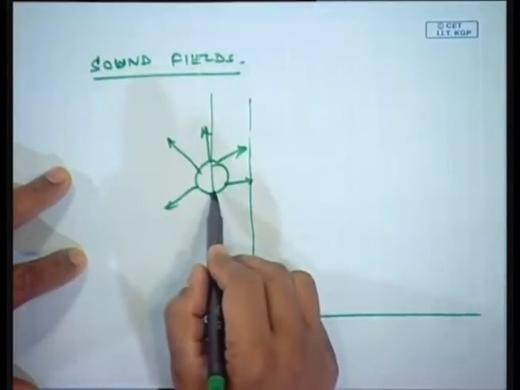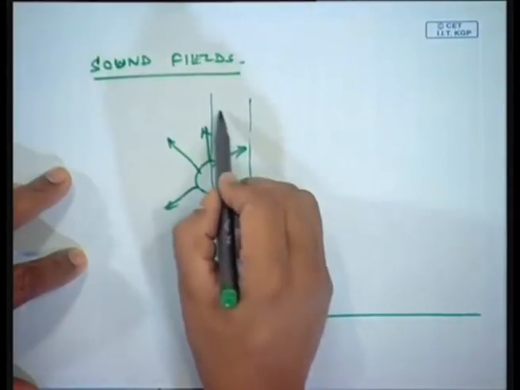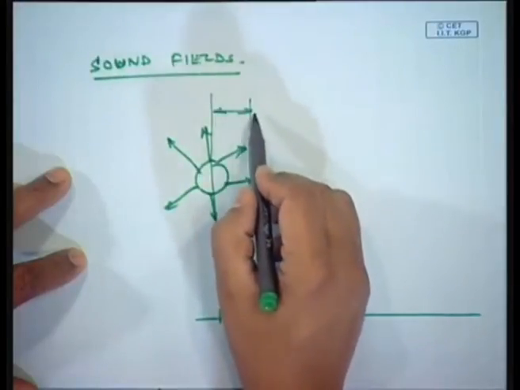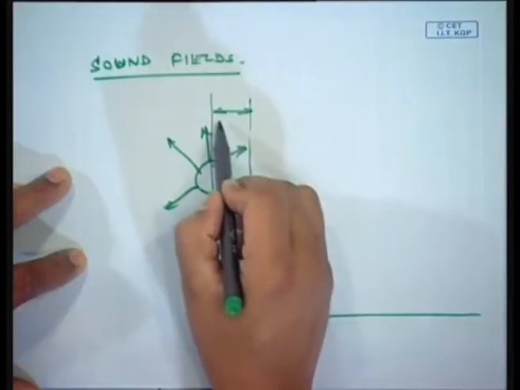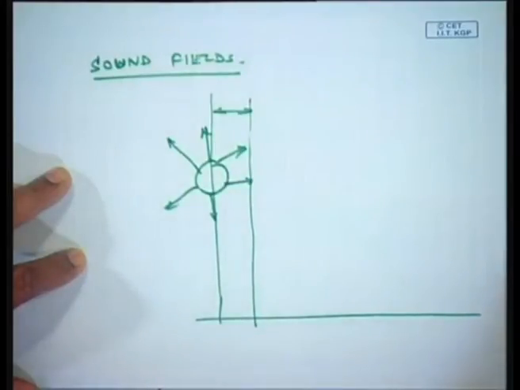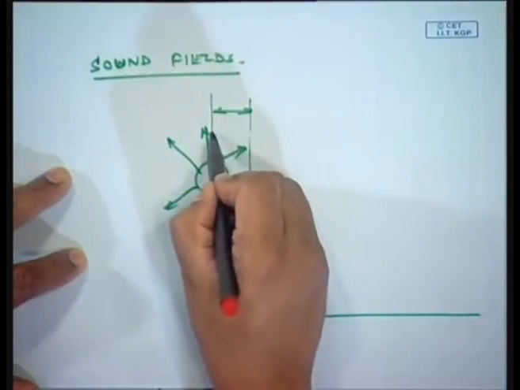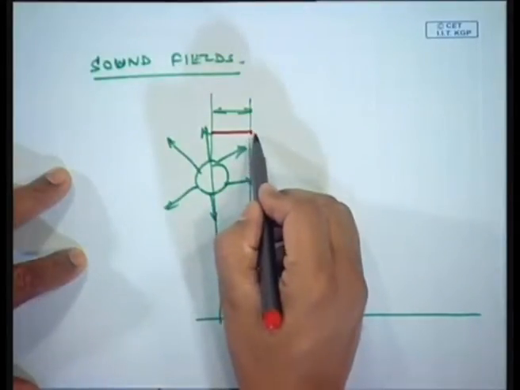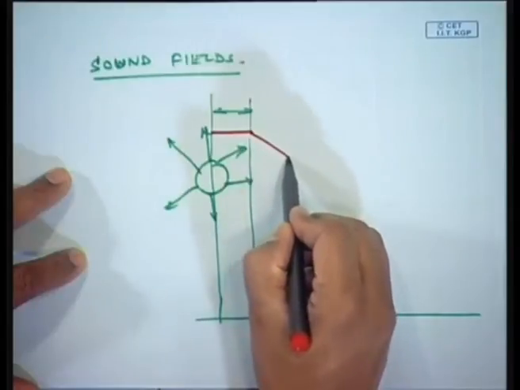This distance is what is known as the near field, and then the sound level may be a constant. So, I draw by this red line the sound level, and then what happens with distance,